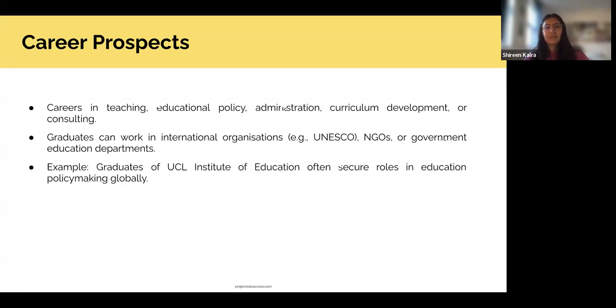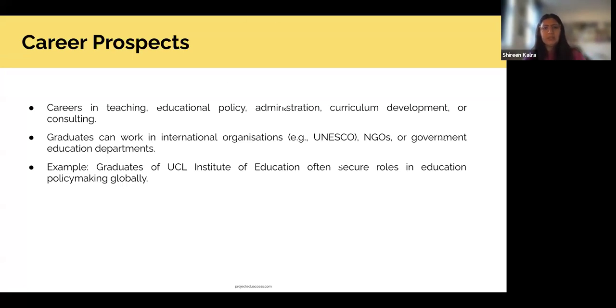Like I said before, there are two or three categories of what people get into after a degree in education. You could get into teaching, of course, right? With teaching, you can choose a subject that you specialize in, like English, and then specialize in English teaching, or you take a diploma in teaching and then enter the subject of English in a high school or a primary school, wherever you want to teach. There are teaching fellowships. Obviously, there's Teach for India, there's Teach for All. You can work as a teacher under a bigger organization that doesn't necessarily have to be a school, right?